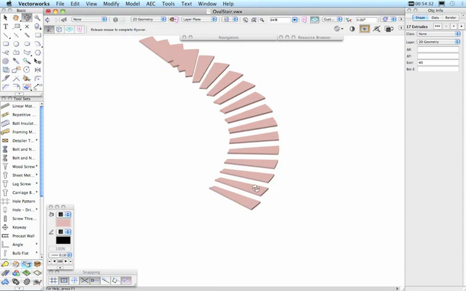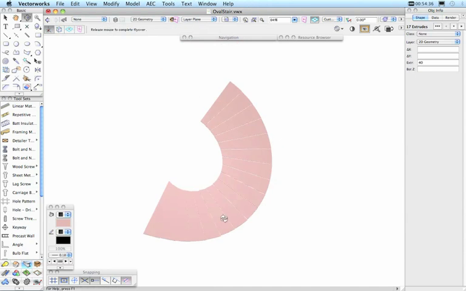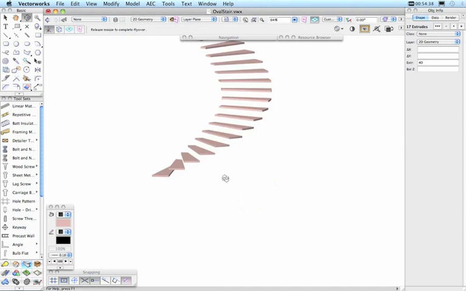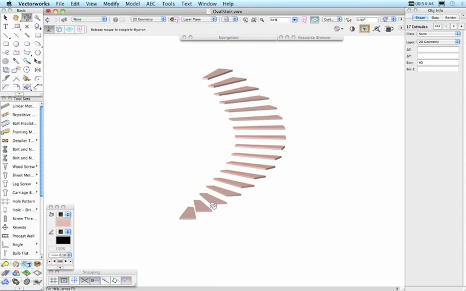Now the next thing we need to do is to generate the stringers. Now remember that this shape is an oval shaped stair and it flares out of the bottom, so these stringers are going to be probably laminated or made from steel or something like that. So what I'm going to do is to draw a NURBS curve around both sides